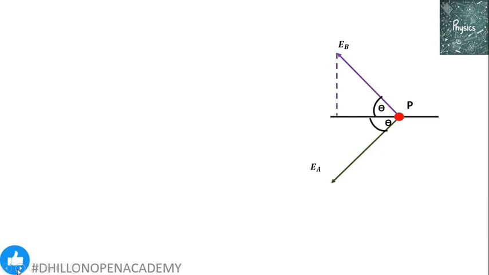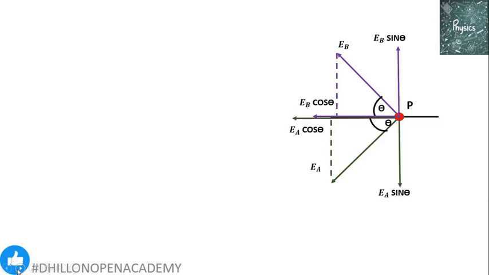First EB, drop a perpendicular onto the reference line, then it will give us a right angle triangle. Two components will be EB sin theta and EB cos theta. Again, for field EA, drop a perpendicular on the reference line. It gives two components, EA cos theta and EA sin theta. We already know from the symmetry of the figure, theta angle is the same. EA and EB are making the same angle theta with the dipole moment, and they are also equal to each other. So these two components, EA sin theta and EB sin theta, cancel out each other, but these two components being the same in direction, they add up, giving us the total field.